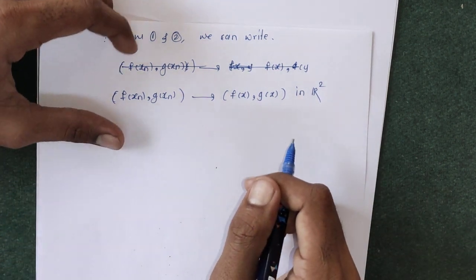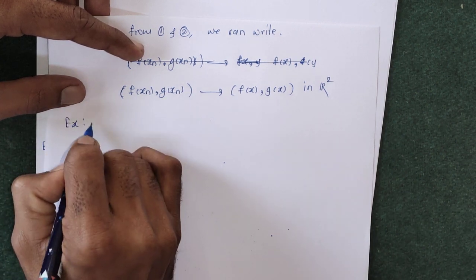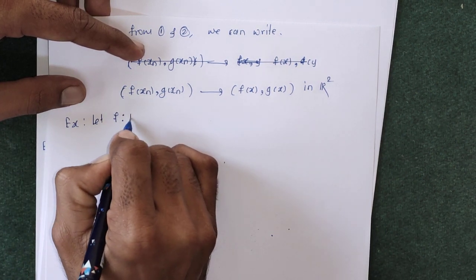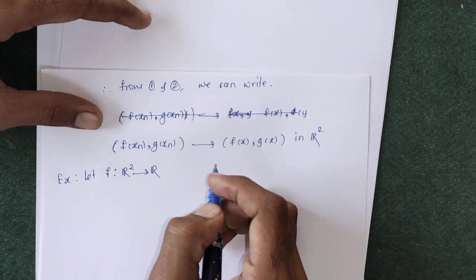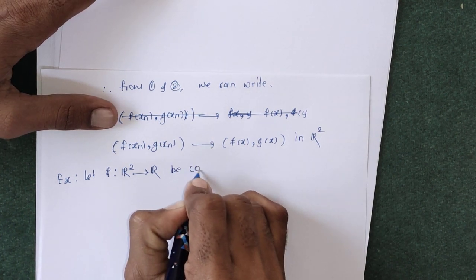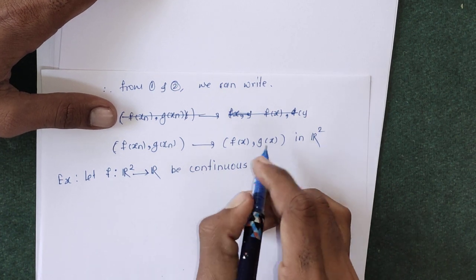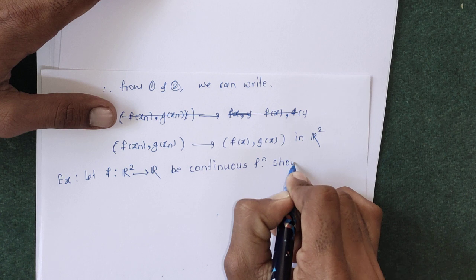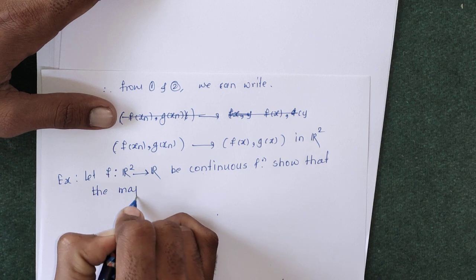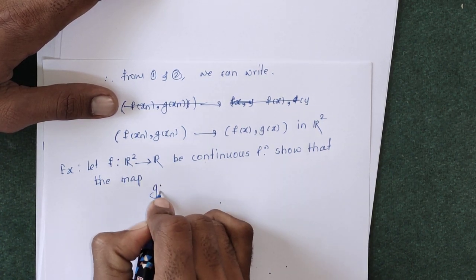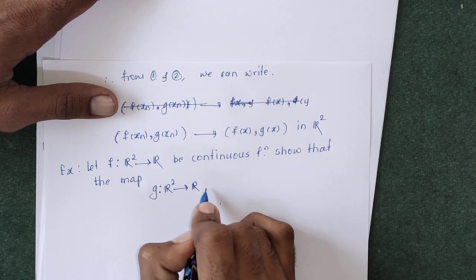Now a similar example is for your homework. Next example: let f from R square to R be a continuous function, then show that g from R square to R given by